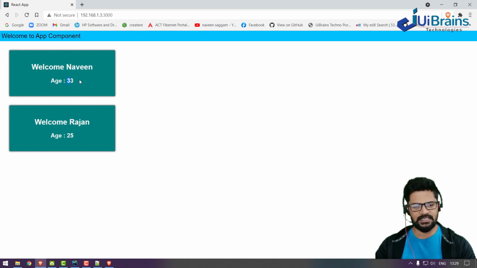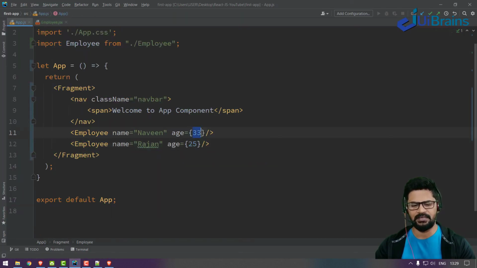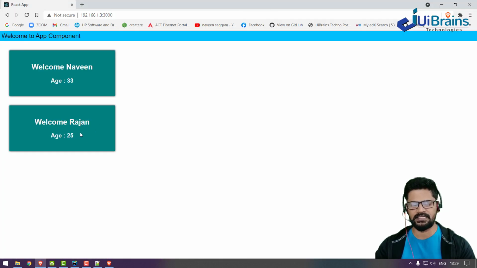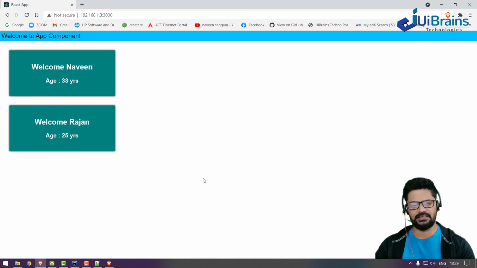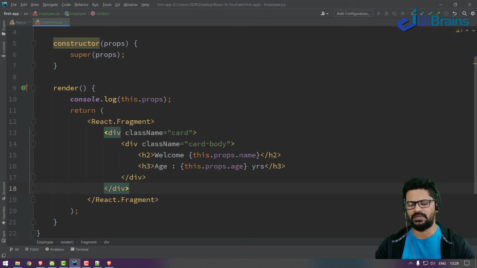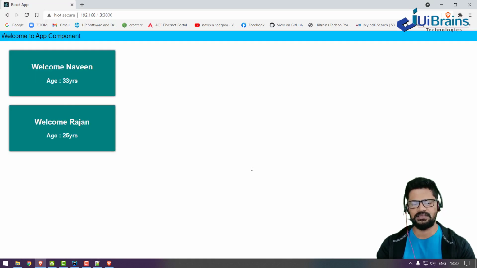Okay, sir, 33 years I want. 33, okay. You are providing just the number 33, but I want to display 33 years. How? Simple. Just write YRS outside of it. This is hardcoded data, right? So outside. See, 33 years. If you don't want a space, then don't write a space. Like that. Okay. So one component can receive its data from outside the component, and how it is received is props. Understood? And that too, we understood using a class-based component. Okay, fine.